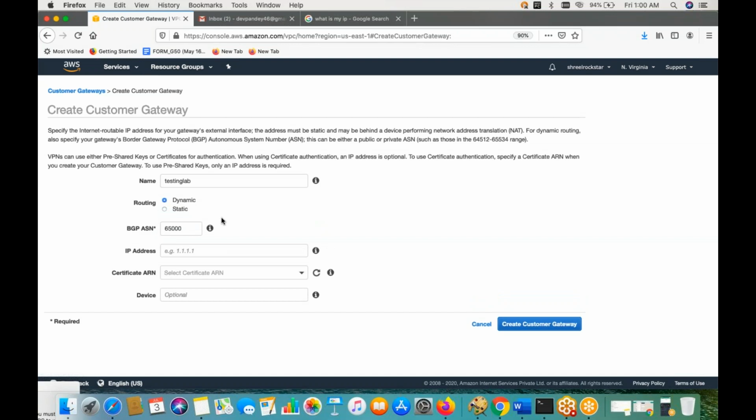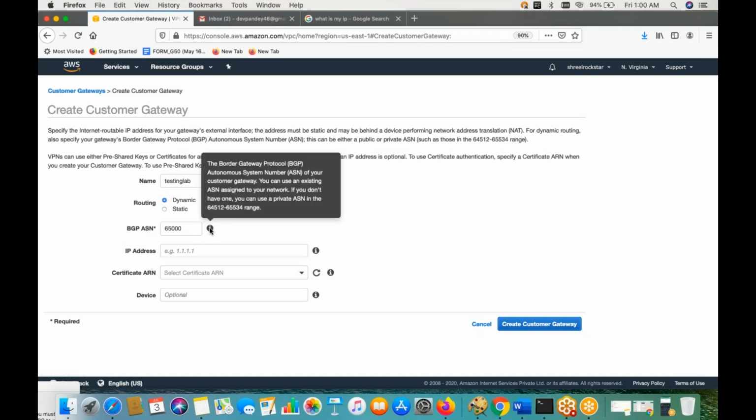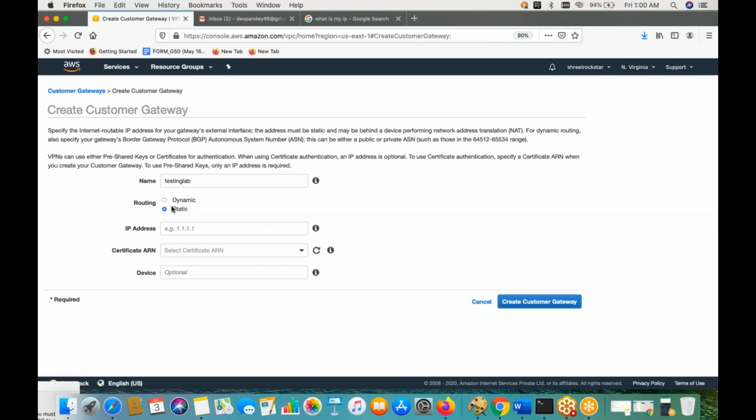There are dynamic or static options, guys. Dynamic means they are giving us the BGP ASN. It's a range, actually, which is part of the routing, where we have the router configured in a physical data center. Generally, we go with static only. We are not going with dynamic, because very rare customers use dynamic at the routing level in their physical data center. Every time it's static, since we have a bigger Juniper firewall or any other firewall which we are using.